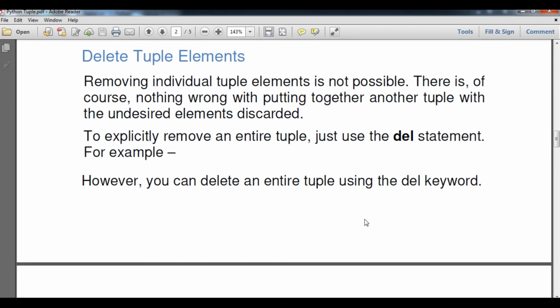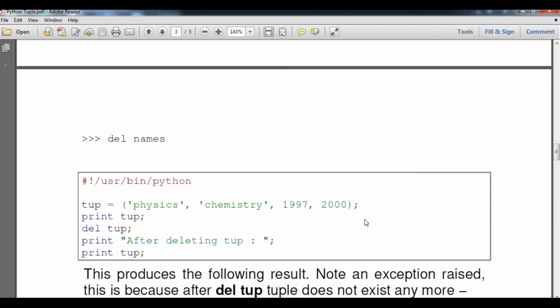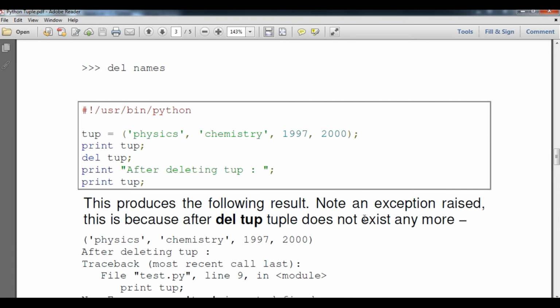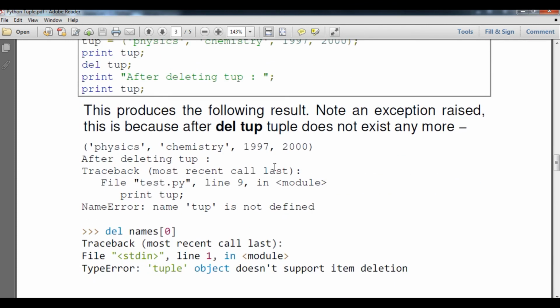For example, it means we cannot change the tuple, but we can delete the tuple. Okay, so here tup = ('physics', 'chemistry', 1997, 2000), and print tup. It will be possible and will give you the tuple. After that, if I delete the tuple, it will say this object does not exist.